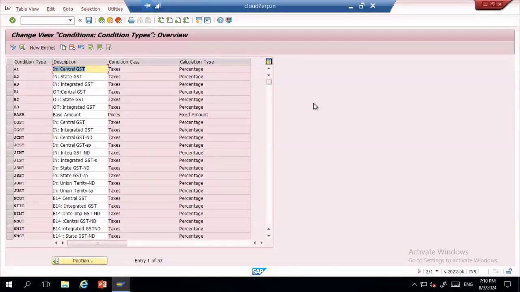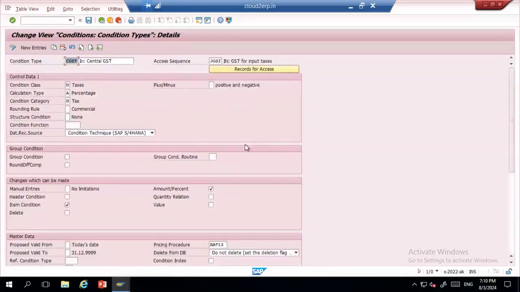Okay, so this is same as the condition type as I mentioned. Let me open the CGST here. You can see here the condition type is same as your condition type what we created for the pricing procedure. So if you want to automate the values, then maintain the access sequence. If you don't want to automate the values, then remove the access sequence. So every time if you want to enter the tax percentages manually, then don't maintain the access sequence. If you want to get the tax percentages coming automatically from the condition records, then keep it.